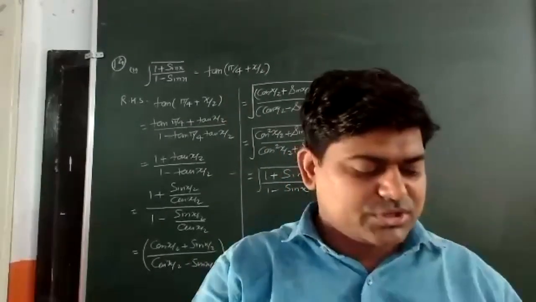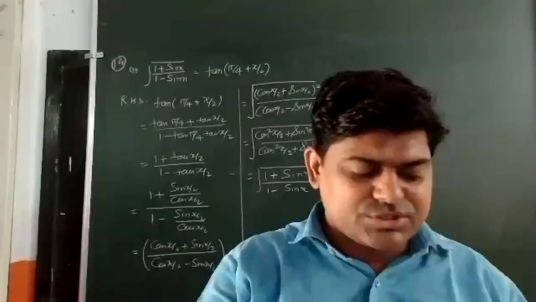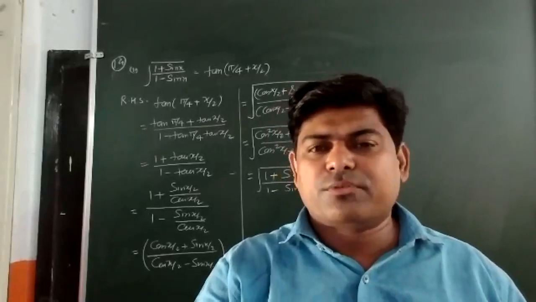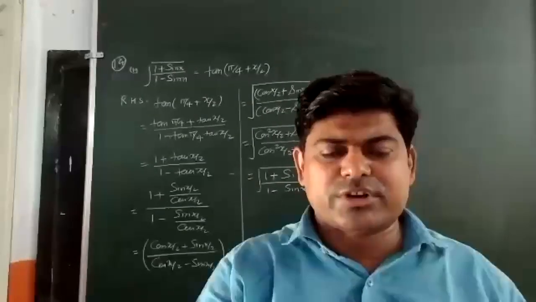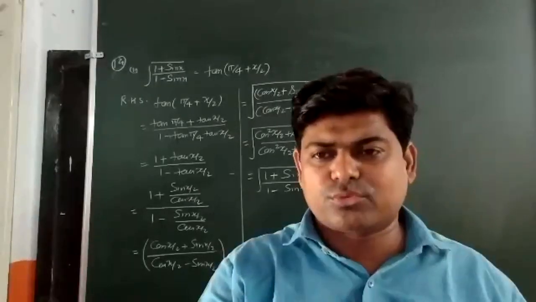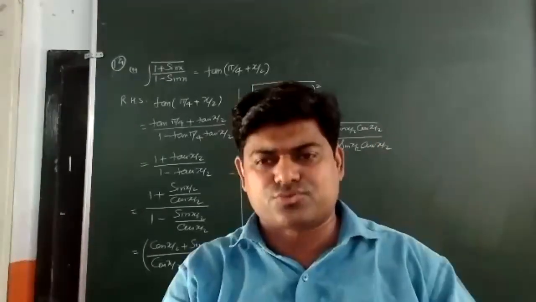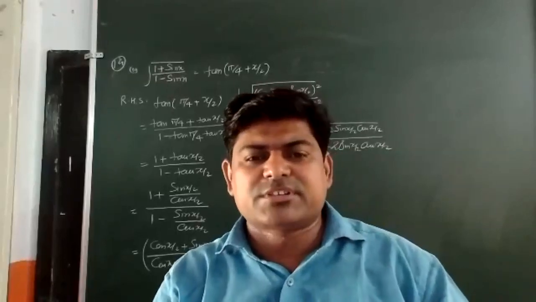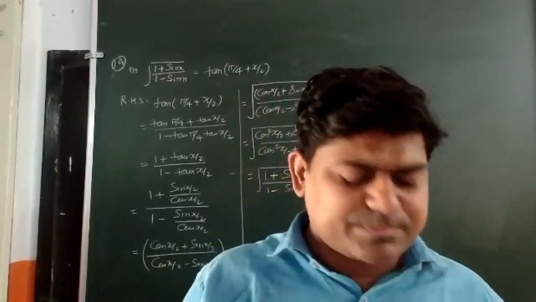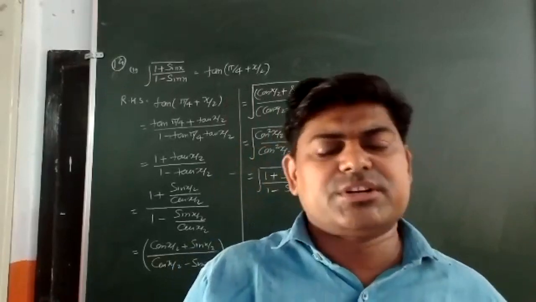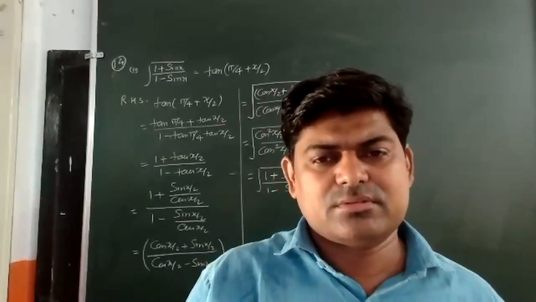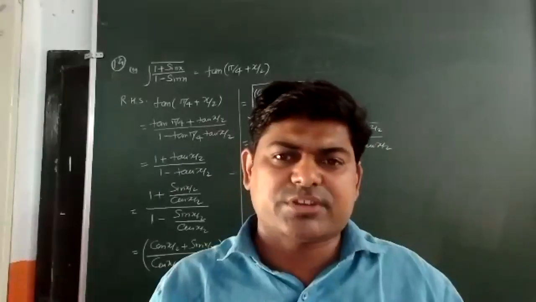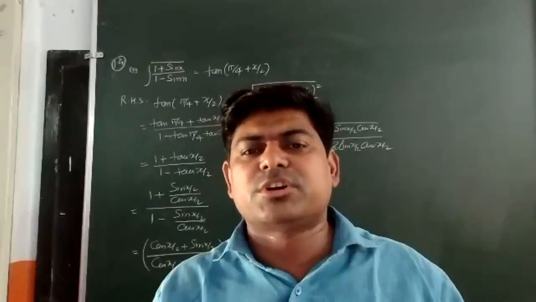The first part of the question is that tan x plus cot x is equal to 2 cosec 2x, which we have to prove. If you remember, we do not have any formula for cosec 2x, but we have a formula for sin 2x. 1 upon sin 2x can be written as cosec 2x. Am I correct? So what you do, take the left hand side, tan x plus cot x, and just change it into the form of sin and cos. When you change it and take LCM, you will get sin square x plus cos square x upon sin x cos x, then the numerator will be 1.